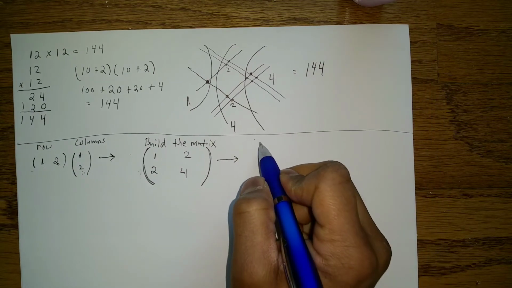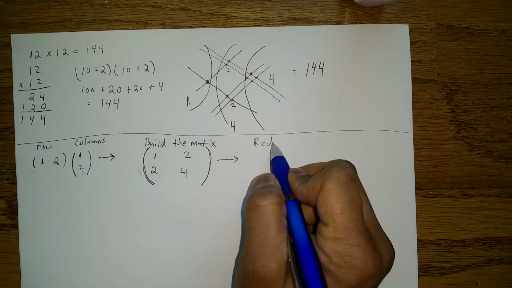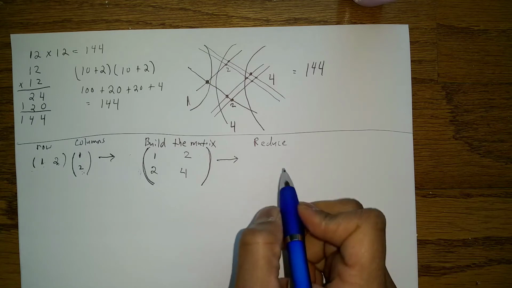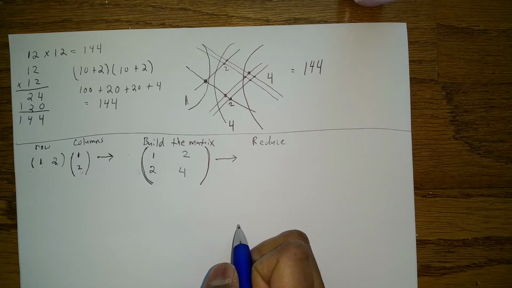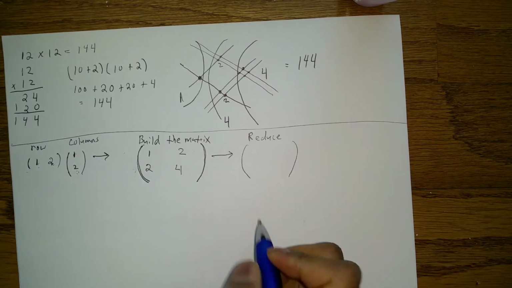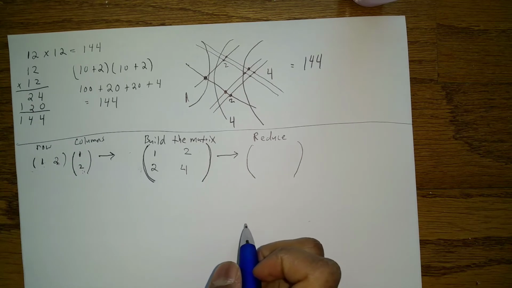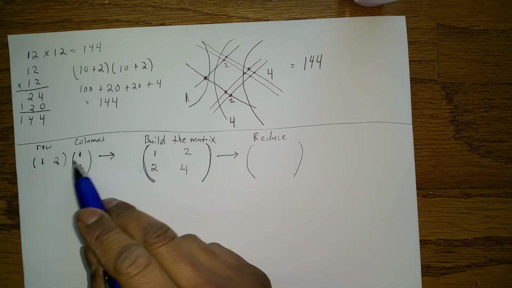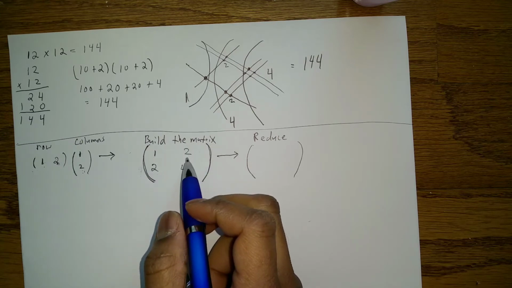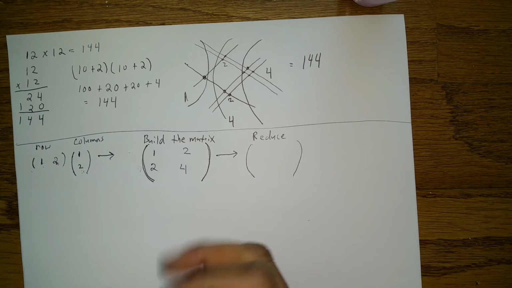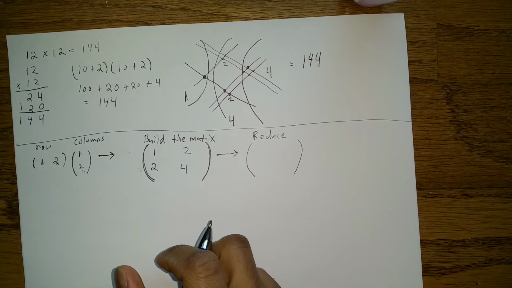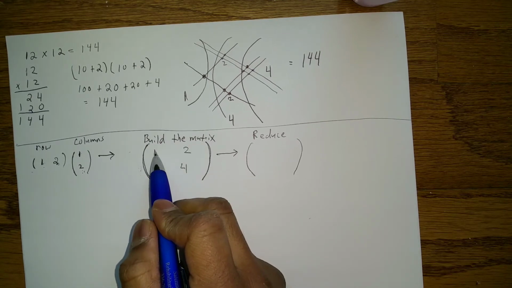Now the reducing is the step that requires just a little bit of addition and a little bit of shifting things around. But that's where the magic happens, in the reduction step. So the way that we reduce this thing, I'm going to go ahead and put these parentheses here because it's going to be another matrix, is when we're building this matrix, since we're doing it in such an orderly fashion, some of these entries in here have the same quote-unquote dimension, meaning that they are the same in size. So a good way to think of these entries in the matrix, or you can think of it as cubby holes, is this is the biggest cubby hole here,